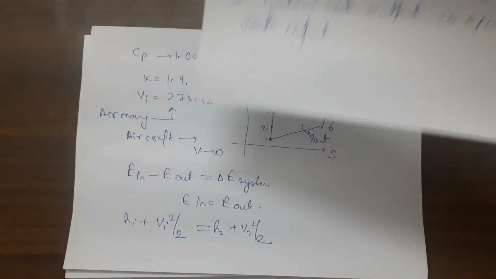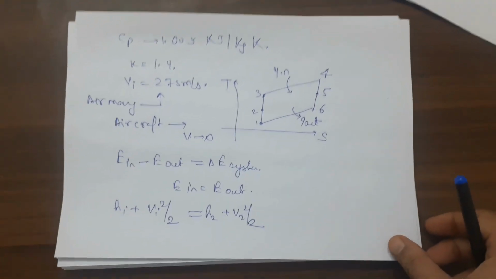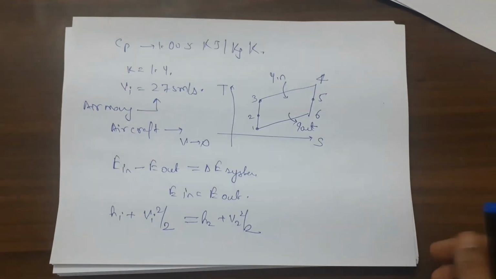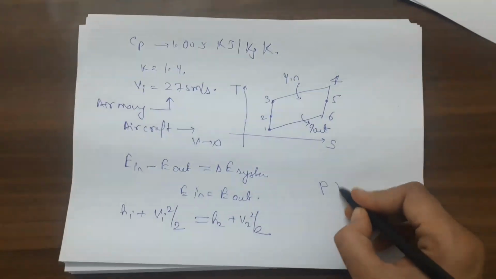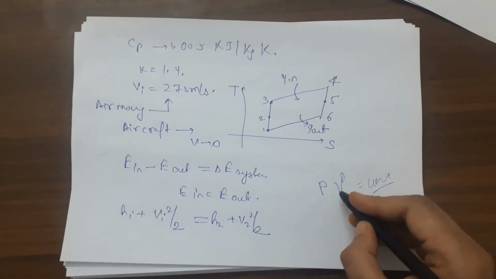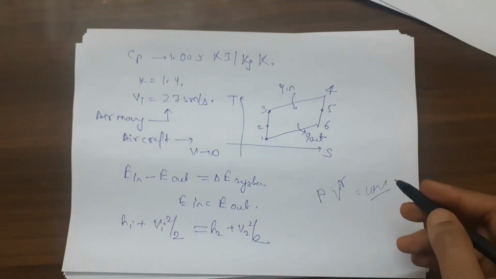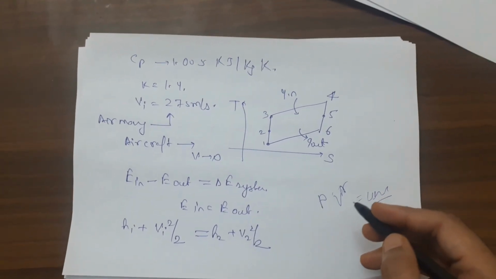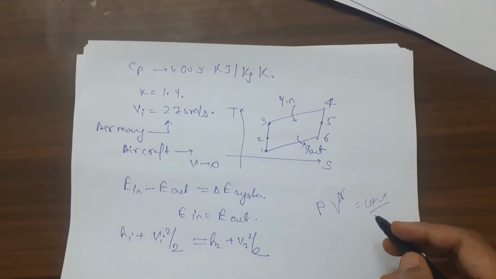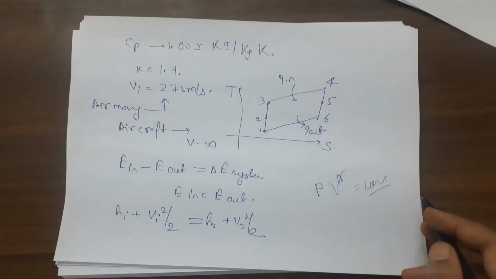Okay, so moving further, these are the Cp values and the k values. As it is not a simple process, this is a polytropic process. For the polytropic process, the equation is PV to the power of n is equal to constant. So in an adiabatic process, n is gamma. In some other process, it is like that. So if pressure is constant, n is 0, and PV is equal to constant,